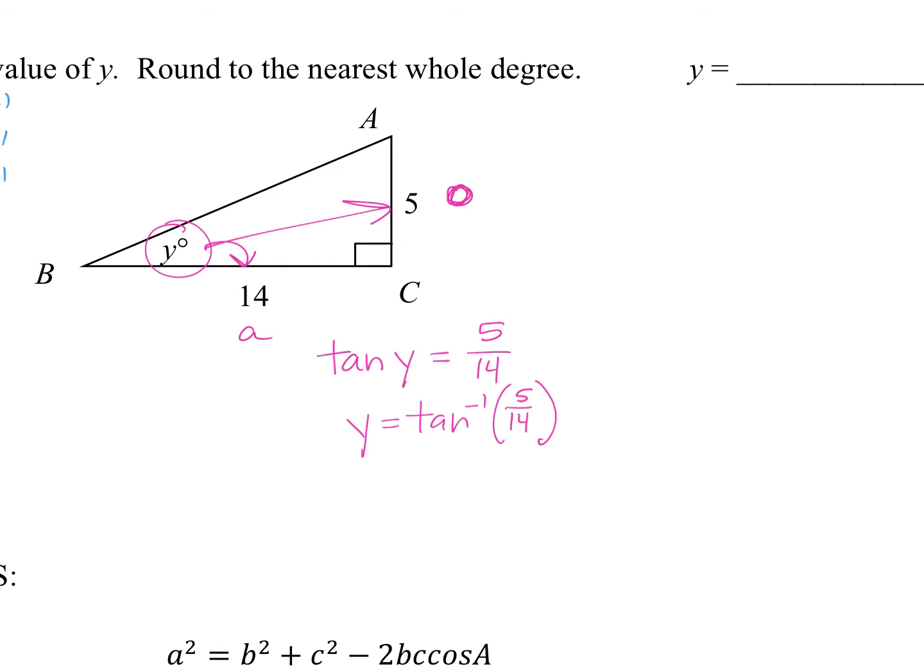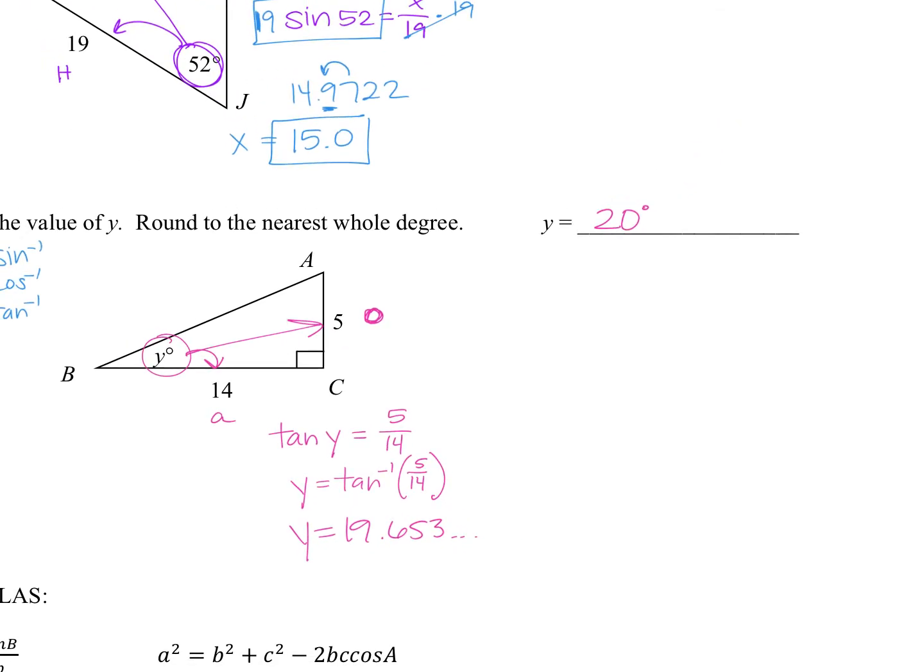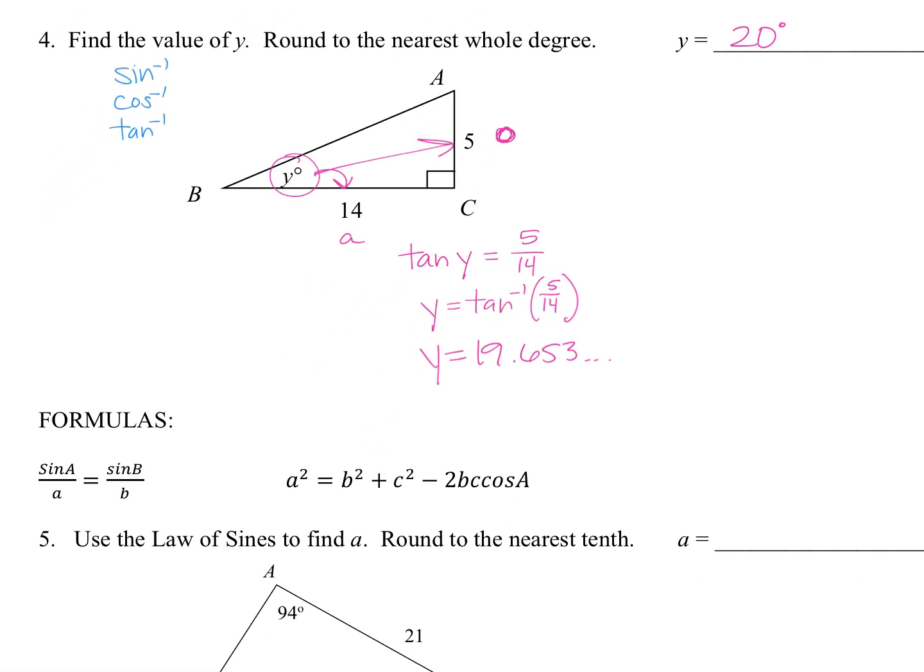this one says the nearest whole degree. What is that? 20 degrees, right? You would round that to 20 degrees. Any questions on anything SOHCAHTOA? Remember, solving for an angle, use the inverse. Solving for a side length, don't use the inverse. Okay,